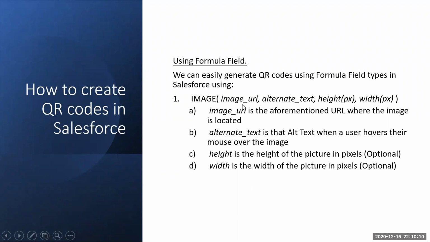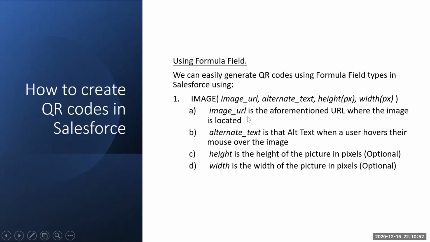The most common example is an image formula field on opportunities to show you whether the opportunity status is going towards won or lost. Most commonly, you would have a red color dot or a green color dot. So you might have come across this form of the function. The image function has the following parameters. The first one is the image URL. Second is the alternate text, and then the height and width in pixels respectively.